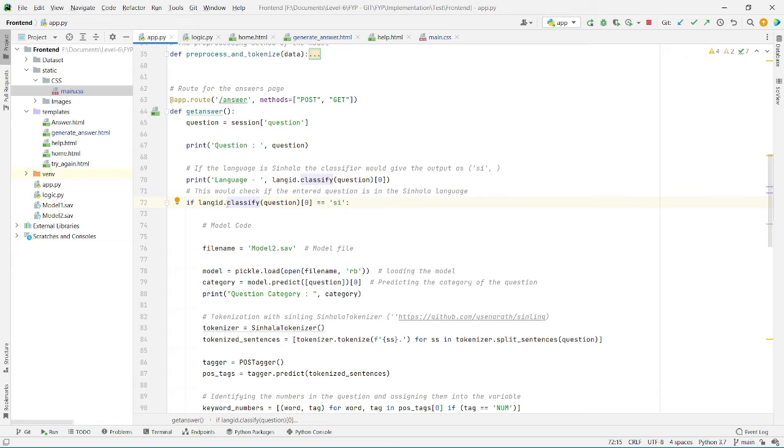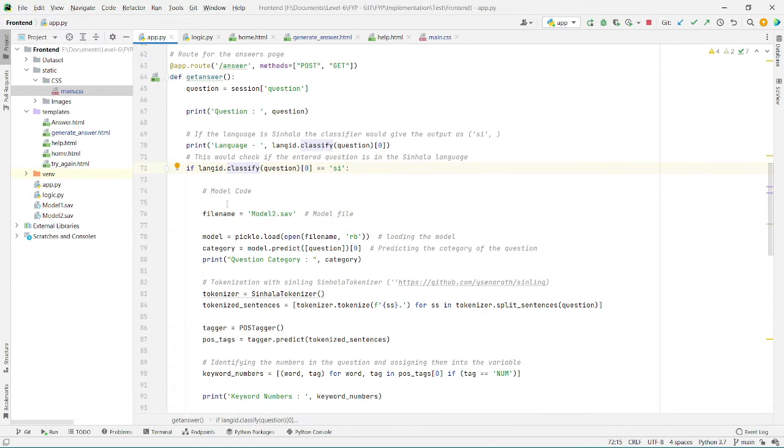So the MathQ system is only to answer questions which are based on Sinhala arithmetic questions. So other languages' questions such as English, Hindi, Tamil would not be accessible. So only Sinhala questions would be accessed here.